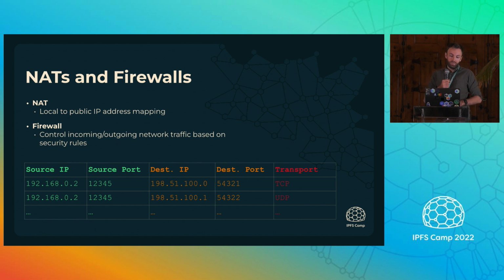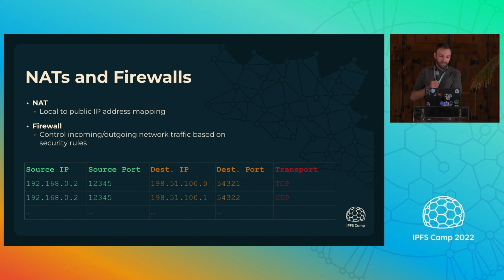This is a little bit more involved than it's depicted here, but basically the simplest rule would be: only let packets in from sources that I've previously sent out a packet to. So a state table entry would be, if I try to connect to a server, the router keeps track of my source IP address from my internal network, then the source port, the destination IP and destination port, and also which transport it uses. And then if a packet comes back, it looks into the state table and sees everything's fine, and lets the